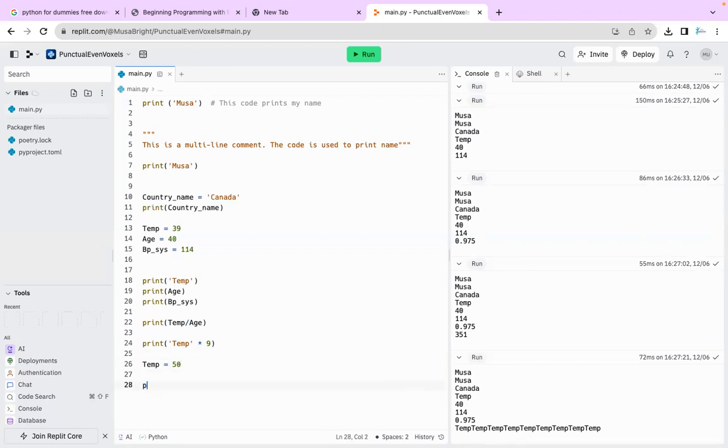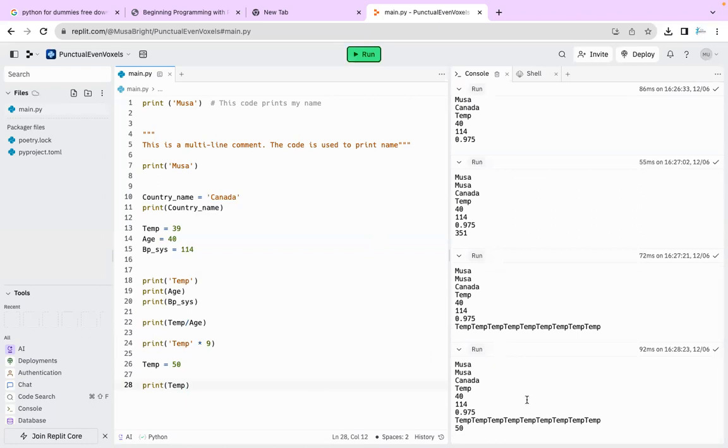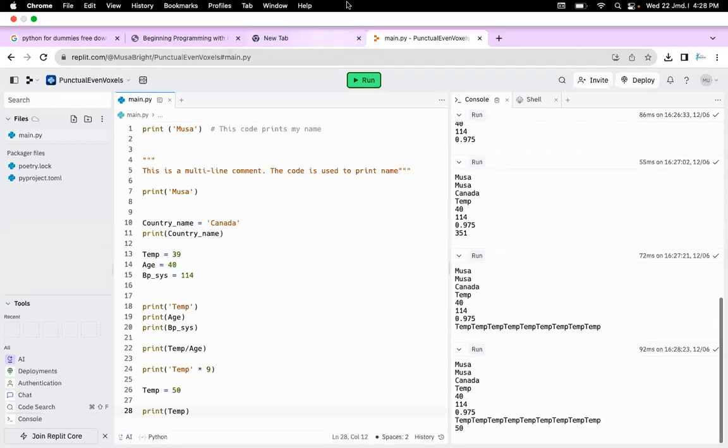If I print temp again, what do you think is going to print? Is it still 39 or 50? If I say print temp, guess what is going to print? It's going to print 50. Why? Because 50 is the latest value given to temp. So it automatically overshadows the old one. Am I making sense? So it automatically overshadows the old temp.